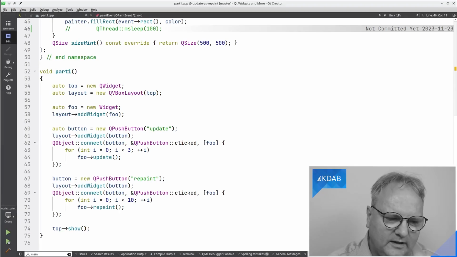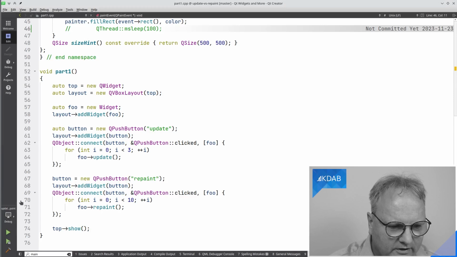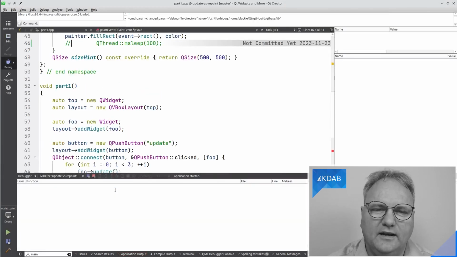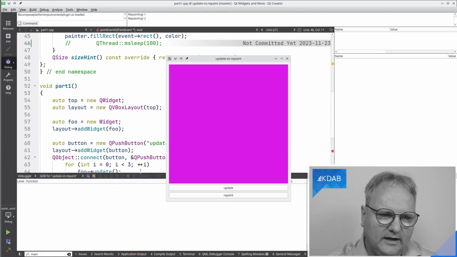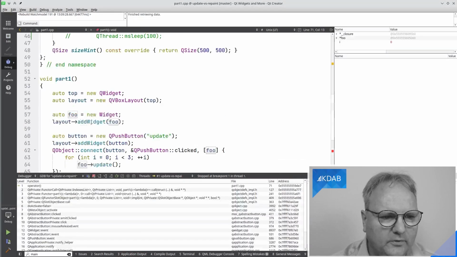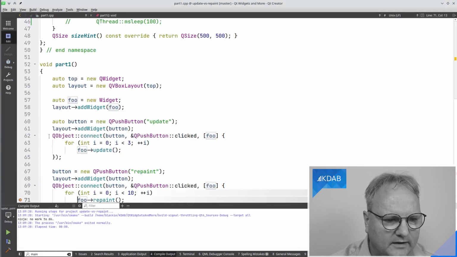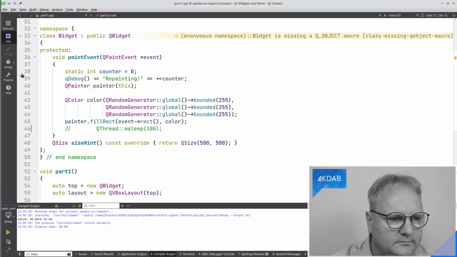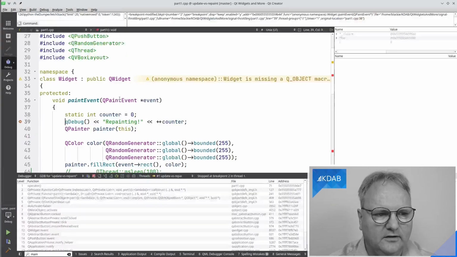So instead, let me put a breakpoint here on the place where I call repaint. Now I hit the breakpoint. I'll go up and find my method for repainting up there, set a breakpoint there and continue on.